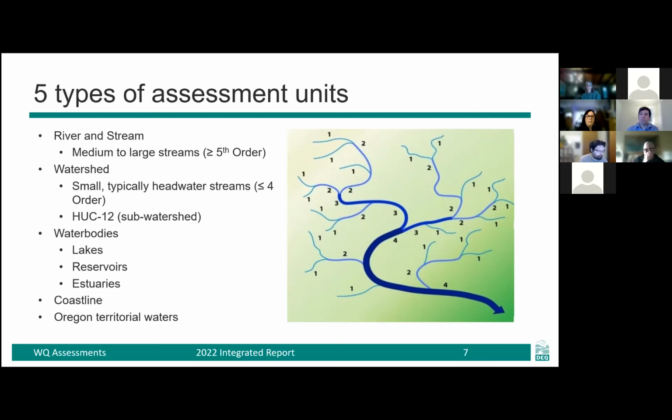In many cases we switch from more of a saltwater marine indicator for bacteria to a freshwater one. We also have coastline representing our beaches, and Oregon territorial waters, which are areas of our ocean waters extending out to our territorial sea, which is about 3 miles offshore.